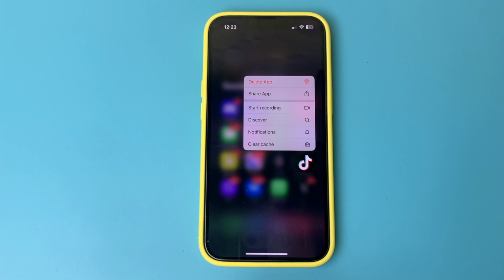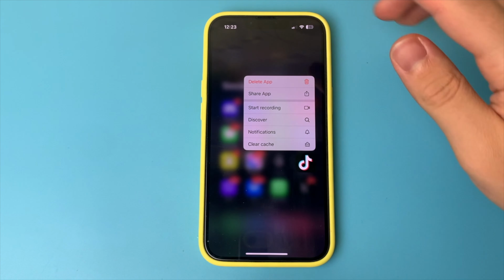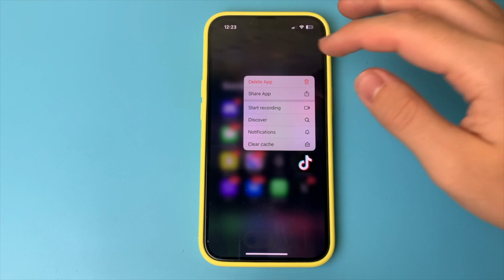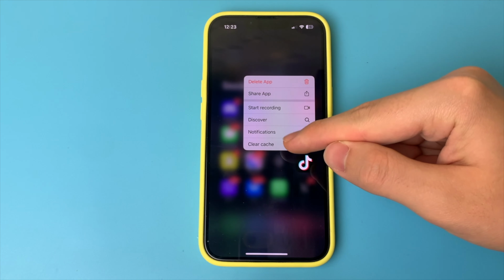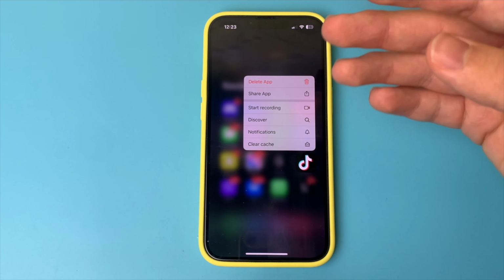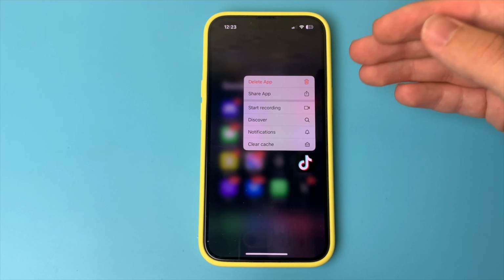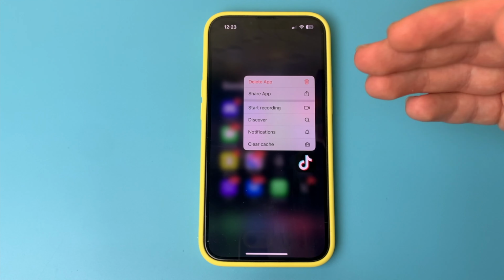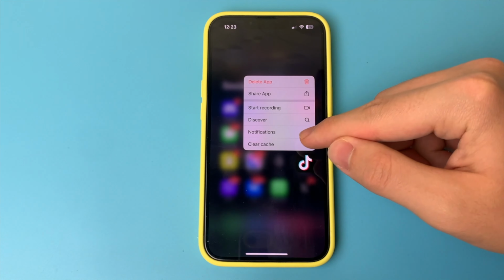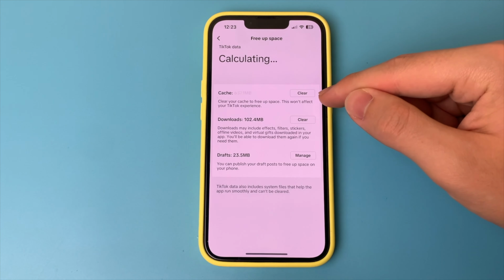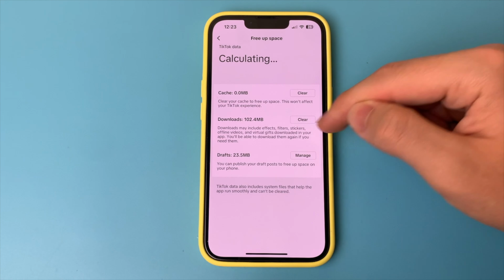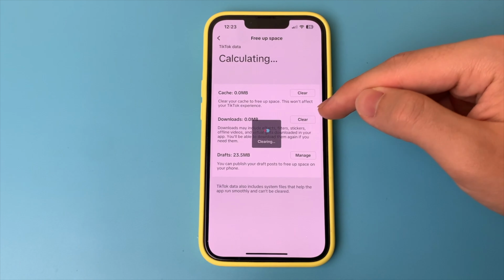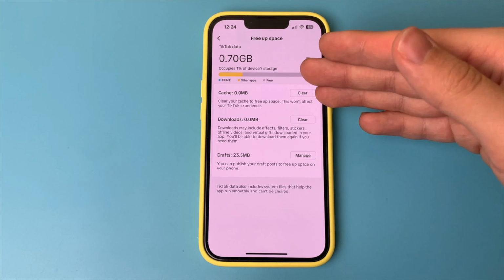So here's the way. Also, there is a cool thing about TikTok that if you click on the app on your iPhone, you have a button here. Clear cache. Maybe you open your TikTok because there is a lot of busy garbage in cache. You click on the button. Clear cache, and you clear all the cache you click. Clear and click. There is nothing complicated. That is, you do all this and clear all the garbage on your iPhone.